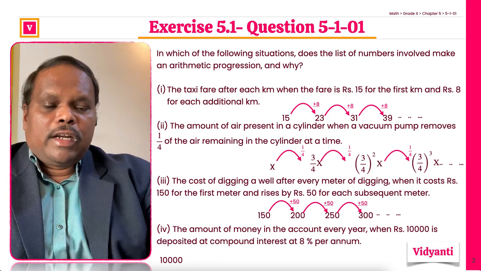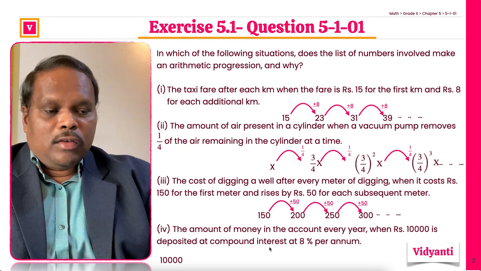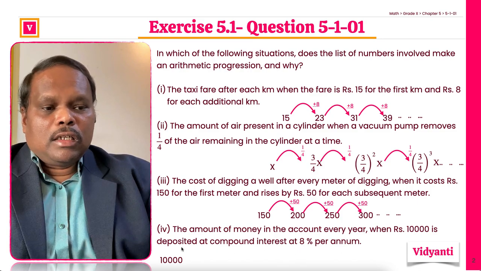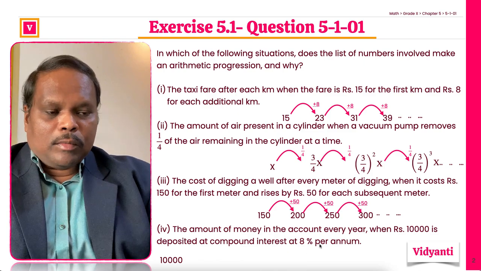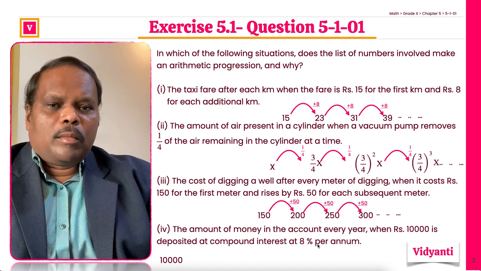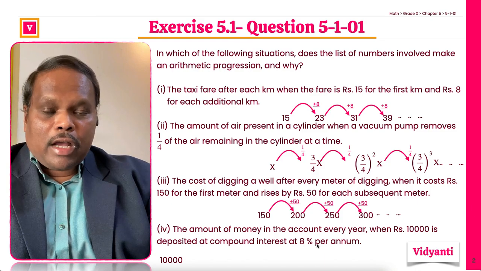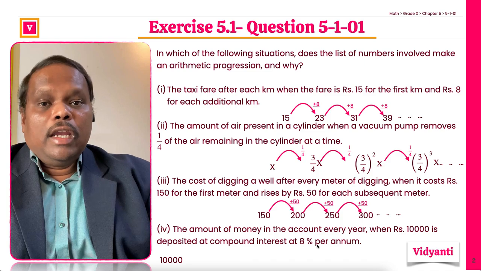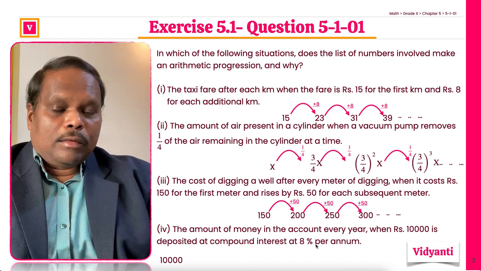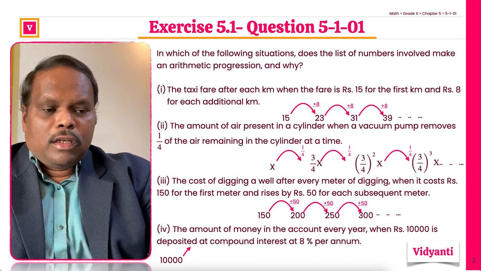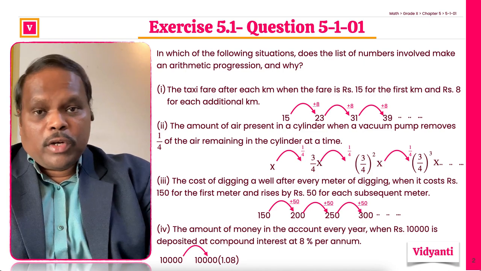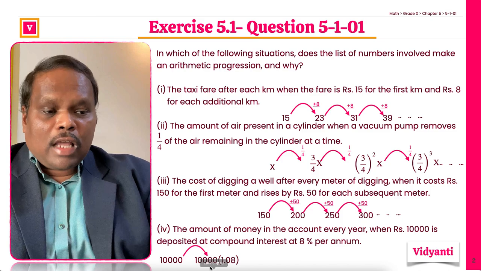The last one is related to compound interest, and that's a keyword. You have 10,000 rupees in the bank, and the money is accumulating compound interest at 8% per annum. If you don't remember the formula for compound interest, it is principal P times (1 plus interest rate by 100) raised to n. We'll see that in a minute. So originally, if you have 10,000 rupees, after 1 year, the amount, which includes principal and interest, will become 10,000 times